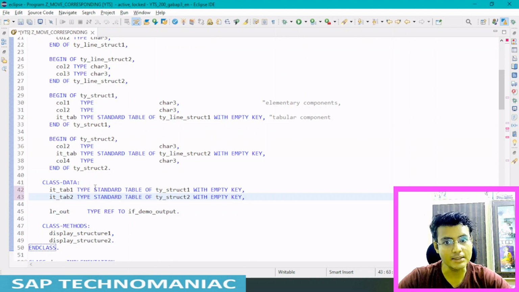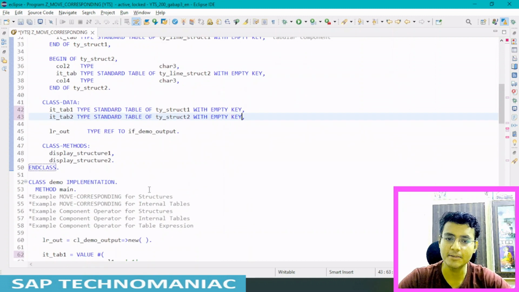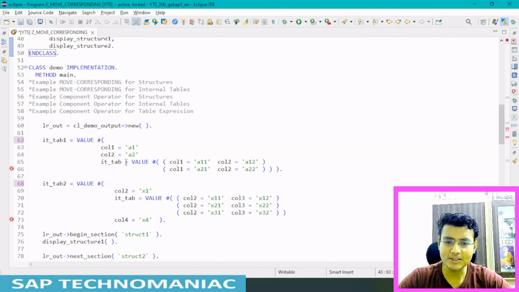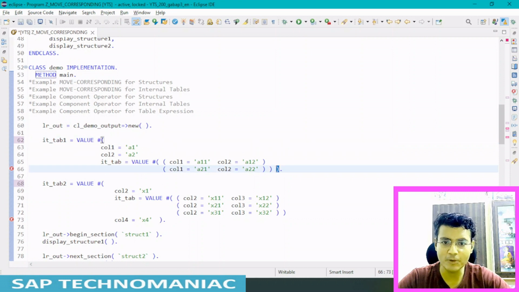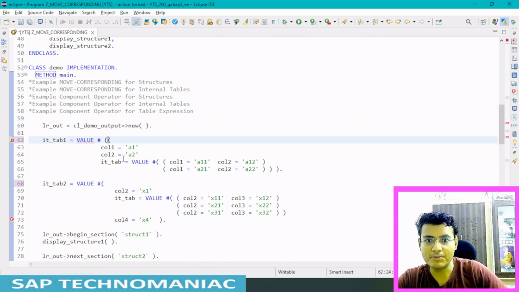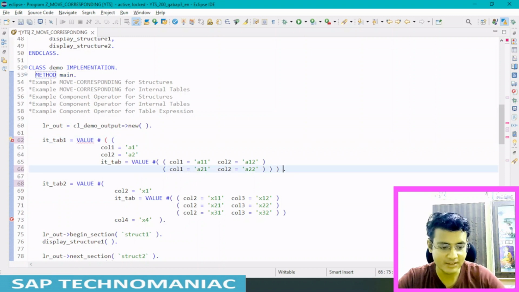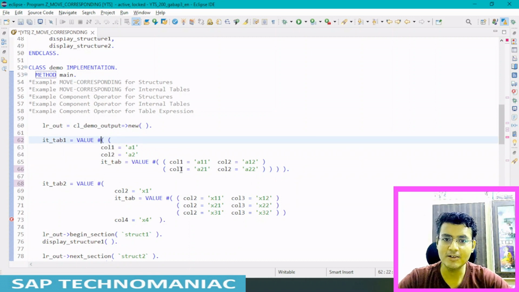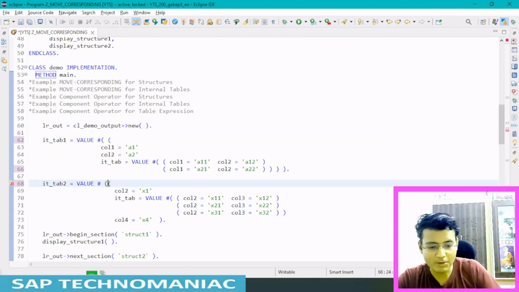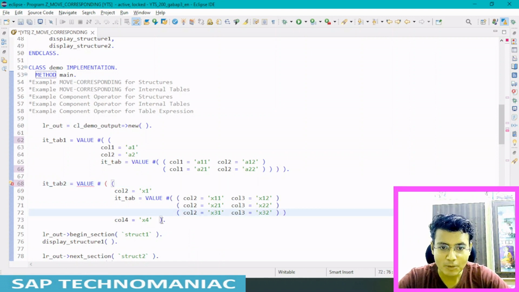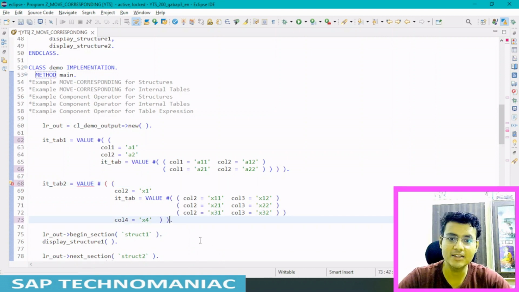Now I have to fill these two internal tables instead of those two structures. In this way, what I have there is wrong now, because we have filled only one line and now we have to fill another line. For filling multiple lines, this is one line for this internal table, and for giving another line, we have to use another parenthesis, a small bracket. So the hash should be here.